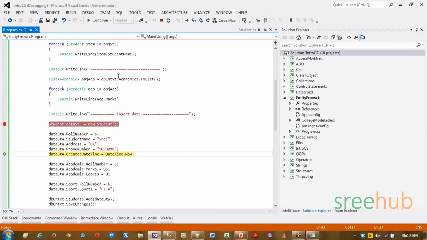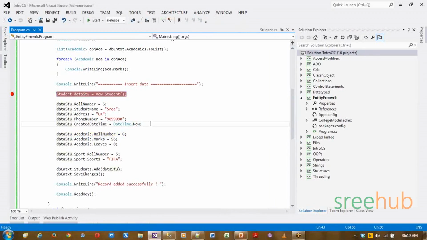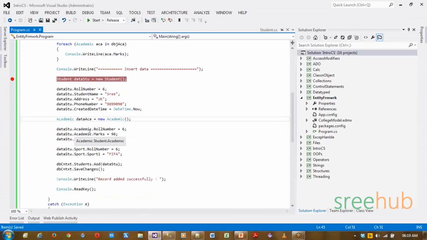You can see the student object is actually created, which is perfectly fine. Now if you see the academic directly, you can see the academic object is null, and I'm trying to add something to null, which will not be accepted. So what I have to do is create a separate class for academic, which we call data academic is equal to new academic, and whatever we have done here, we have to add this. So let me add academic to this,